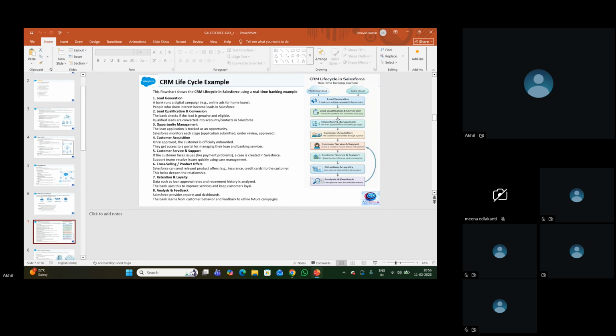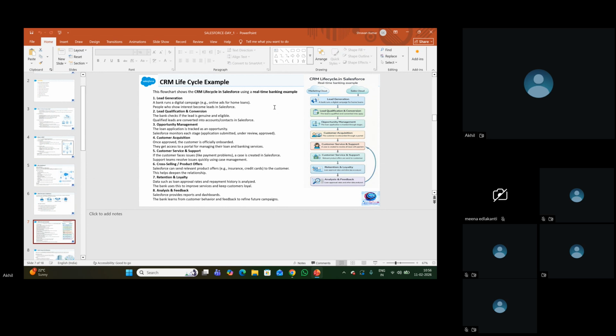Now the Sales Cloud will come into the picture. In the Sales Cloud, we'll have the sales team. In the bank, let's take the same HDFC Bank. If you showed interest in the home loan, we'll get calls from customer support, right? Sir, it looks like you submitted the form here, it looks like you showed interest in this ad, so we reached out to you. Would you like to take the home loan? The sales team will reach out to us. This is all what we'll see in the real world.